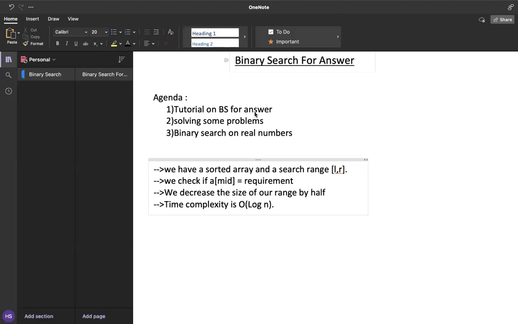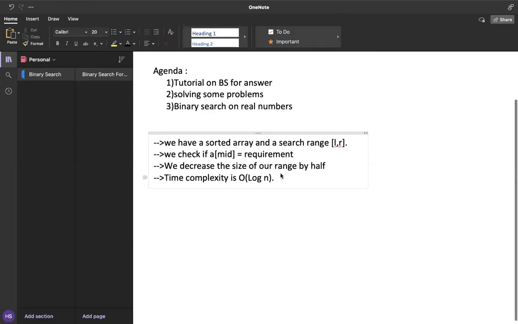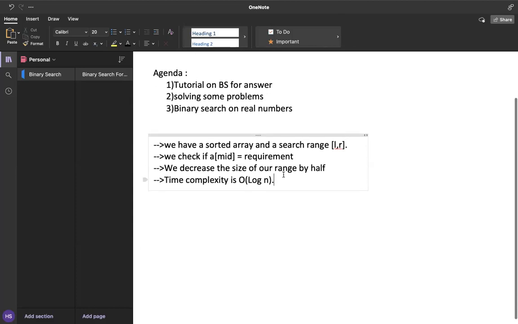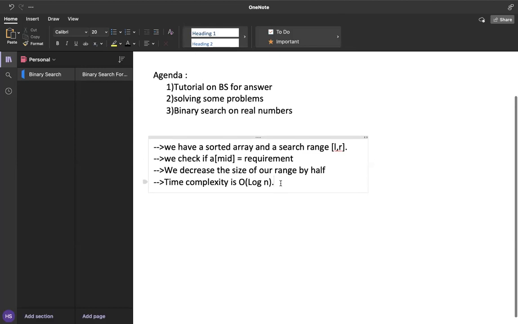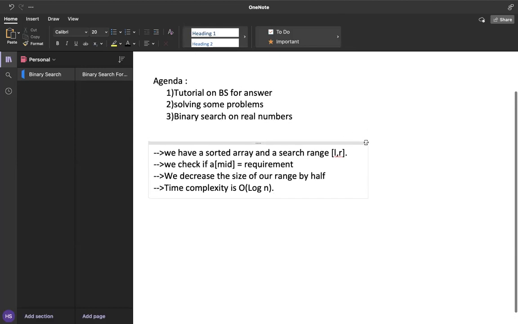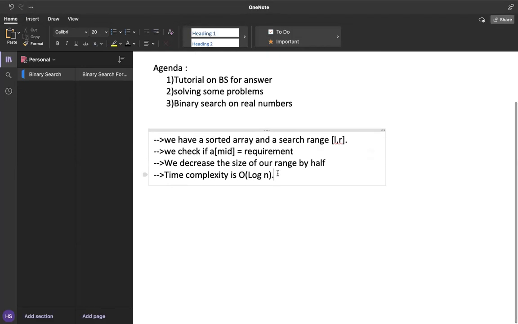Right. Also, if you guys have any doubts in between of the session, then you are free to unmute yourself and ask. I won't be looking at the chat box very often. So I will encourage you to be interactive and ask as many doubts as you have in between. So yeah, this was basic binary search, just to refresh you guys.